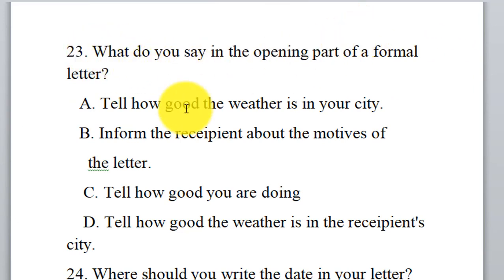Question number 23: what do you say in the opening part of a formal letter? When we write a formal letter, we begin the opening with a certain expression. Earlier, when giving a conclusion, how do we conclude? Tell how good the weather is in your city? Yes, inform the recipients about the motives of the letter: why do you write the letter, what is your initiation to write the letter, maybe problems, maybe sending some money, maybe